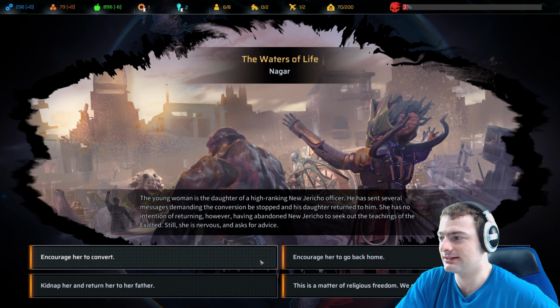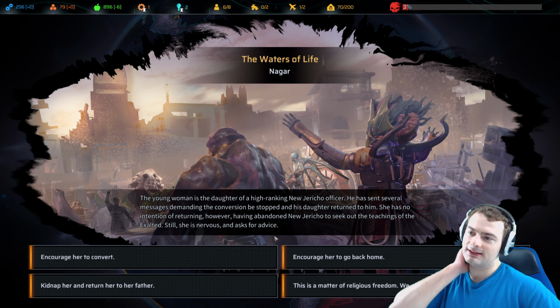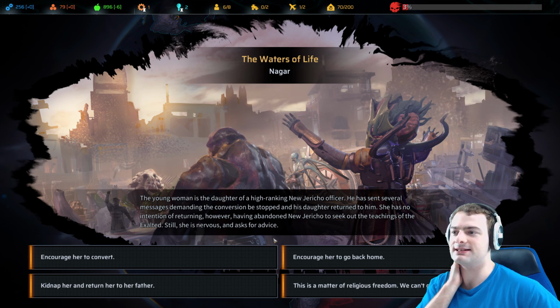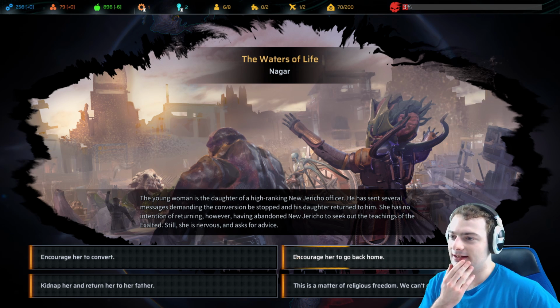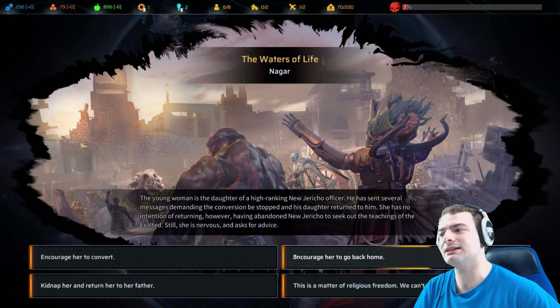Oh, that's tough. I say we kidnap her and return her to her dad. She's young, she's stupid. Let's just take her home. Let's not use force to piss off the disciples of Anu just yet, if we don't have to. Why don't we encourage her to do the sensible thing, and then it's up to her if she does it? Because she won't listen, she's a kid. Well, she might not listen, but even so, I don't want to...